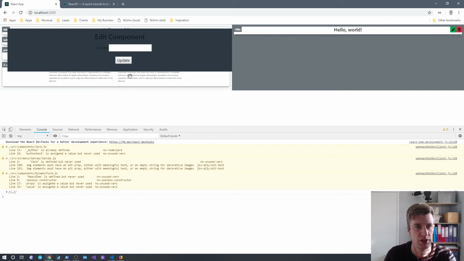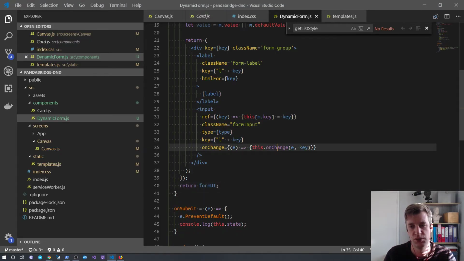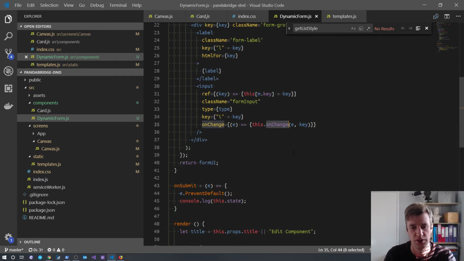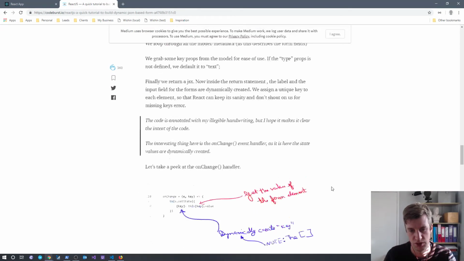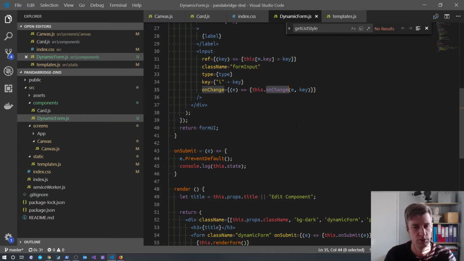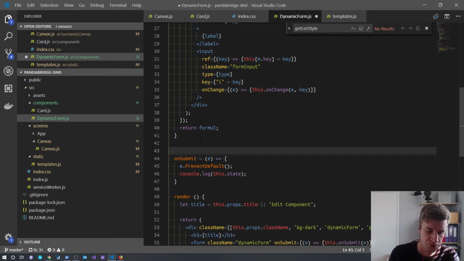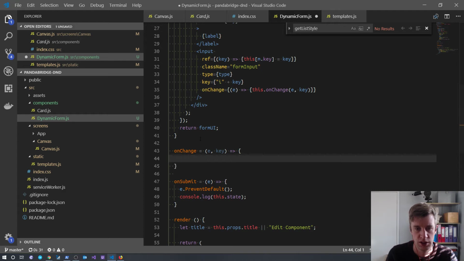Try that again. Content. Hey, this.onChange is not a function. Did we not add onChange? Oh no, I haven't. On submit, not on change. Fine. Okay, so what do we need to do for on change? Set state for this component. e-key. this.setState is equal to